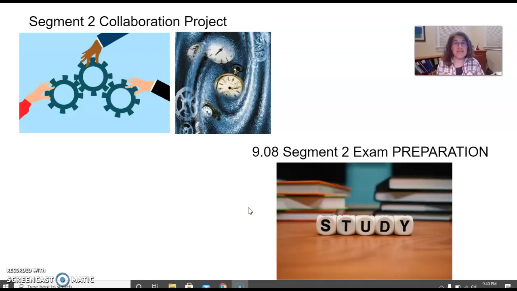I do want to stress that it's much, much, much more successful for you and for your brain if you are doing just a little bit at a time over time rather than trying to cram at the last moment. So let's take a look at the weekly learning plan.